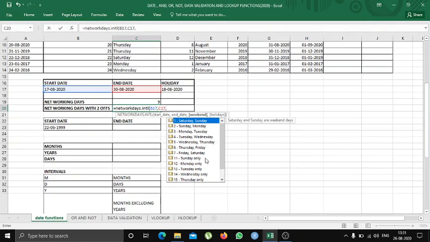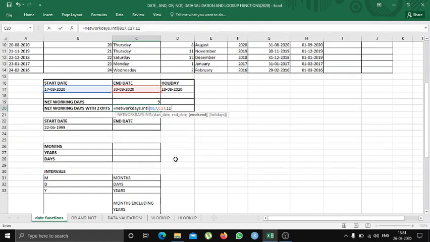So if we select Sundays only as a holiday, press 11, the value which is 11 over here, and then close the bracket, press enter. So out of the 14 days, we have provided holiday on only 2 days. But the way we calculate net working days including the external holiday, which is 18th August, we can enter here also the 18th August by just entering comma after the last value, which was 11. Select the holiday cell and press enter. Now it is 11.